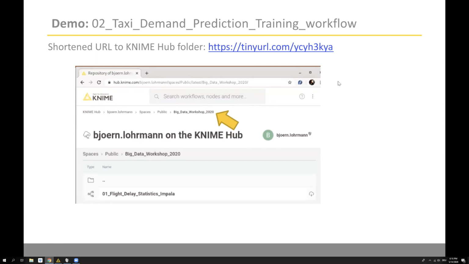Okay, so the first question is: is Spark restricted to clustering and classification models only? No, I guess not per se. So our nodes are based on MLlib, and so we can only do the things that MLlib offers us.